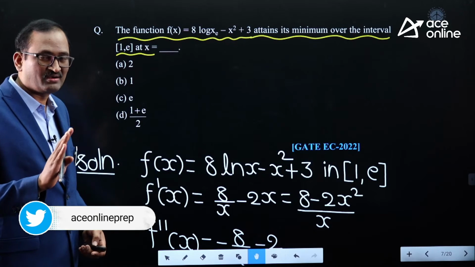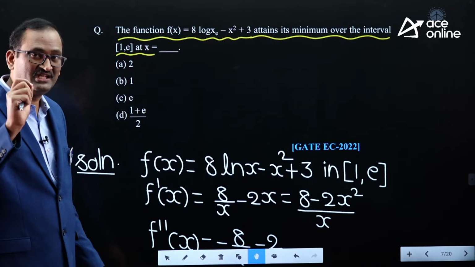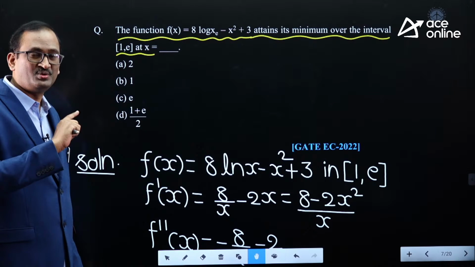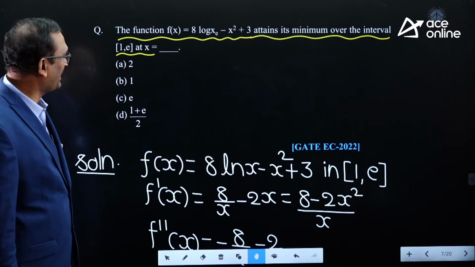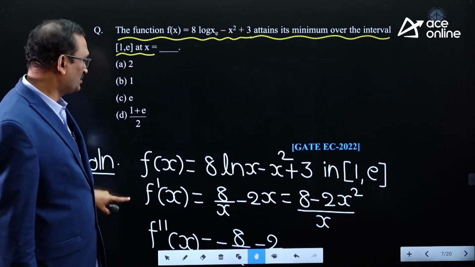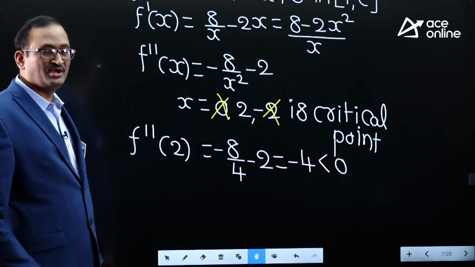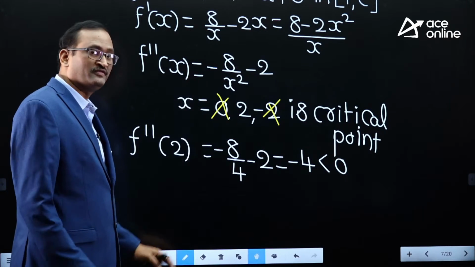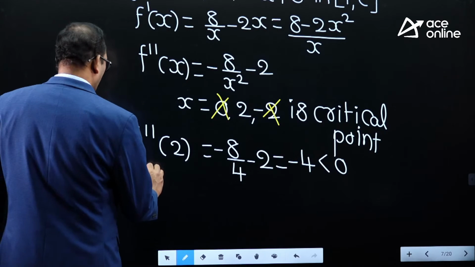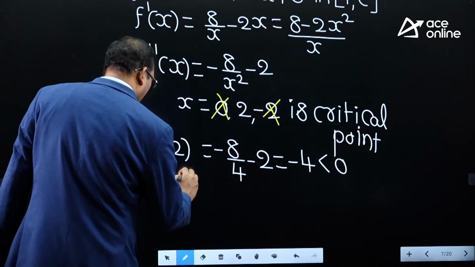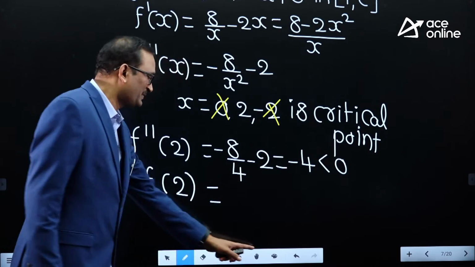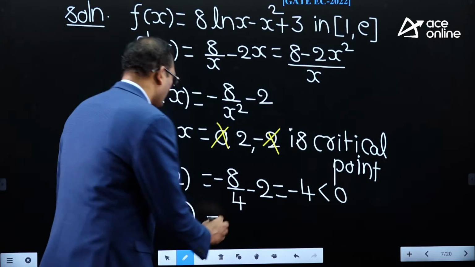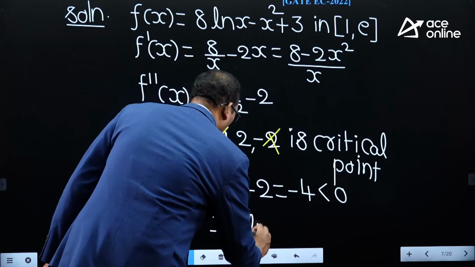It is not required according to the constraint of the question, but anyhow I am showing the complete detailed solution, but from an exam point of view it is not required. As soon as you get f double dash x less than 0, you need not touch that. No need to find f of 2. Anyhow, I am just finding it for the explanation of the detailed solution, but for exam point of view it is not at all required. Take x equal to 2, then it becomes 8 times ln 2